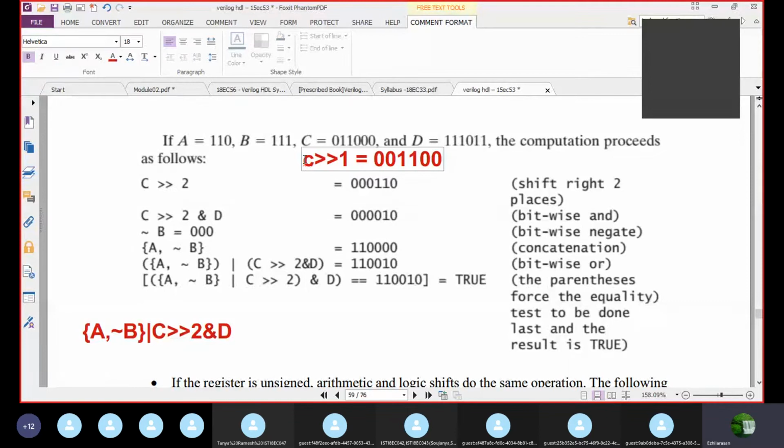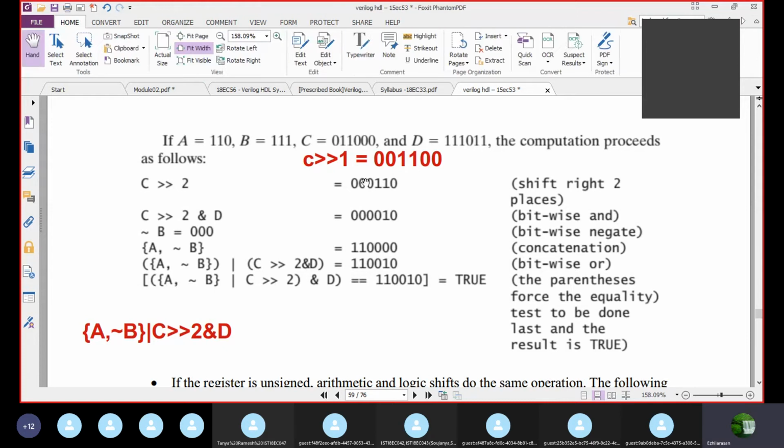Yes. Next, now you perform C right shift by 2 bits. So what will I get now? 2 bits in the sense, we already shifted 1 bit. Again, you shift by 1 more bit. What will I get? 3 zeros, 1 1 0 I'll get. So now I got the result. The shift to the right by 2 places, that is C right shift logical by 2 positions. Yes, that is done.